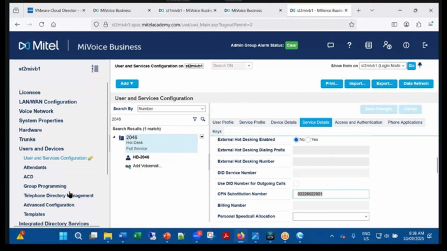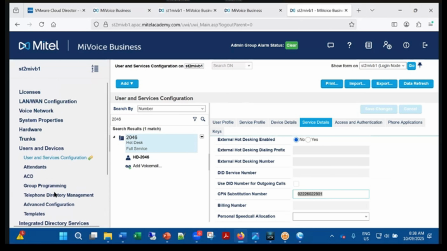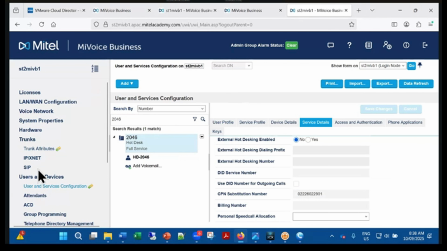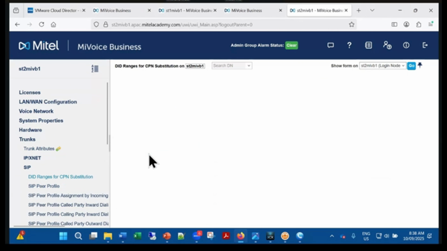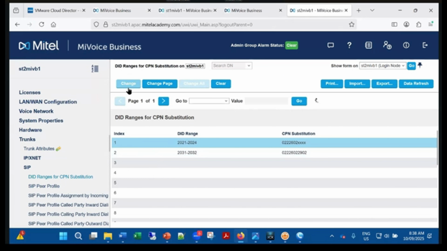What if 2046 is also in a DID range? So trunks, SIP, DID range for CPN substitution. I'll pick index number 3